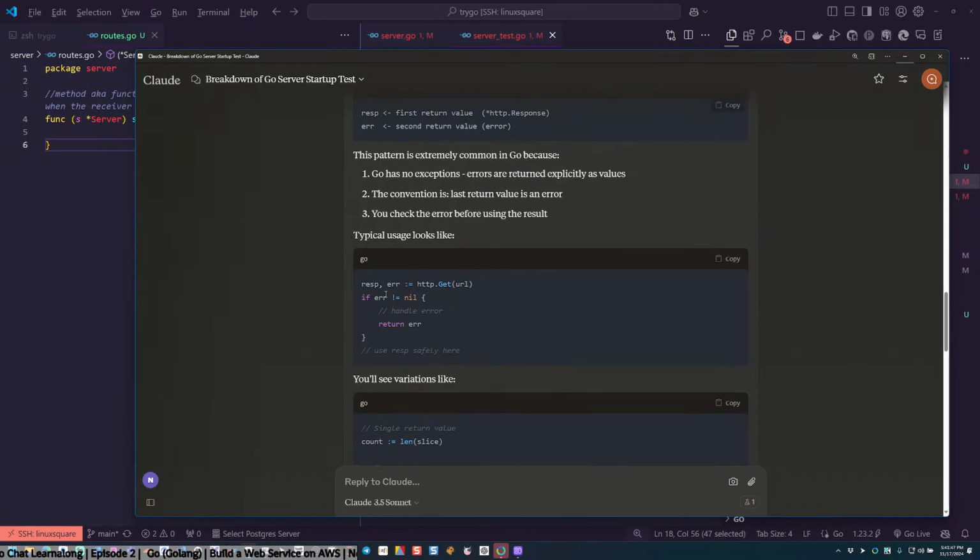Typical usage looks like response, err. So there's response, and then... Oh. If err does not equal nil. Okay, so success would be err does equal nil. So if it does not equal nil, that means there is an error.